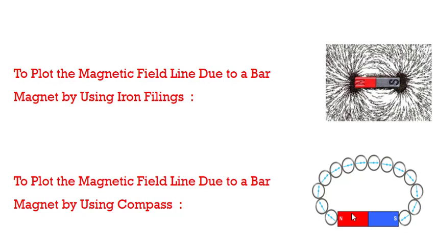So here you can see that I have a bar magnet, and here a compass. You all know the compass, it has one needle which indicates the north direction. So the arrow indicates the north direction and the other end indicates the south direction. What we have said is that it is the direction in which the north pole is moving. So if I put the compass here, you see the north point of the needle is at this point. I will mark this direction with a pencil,